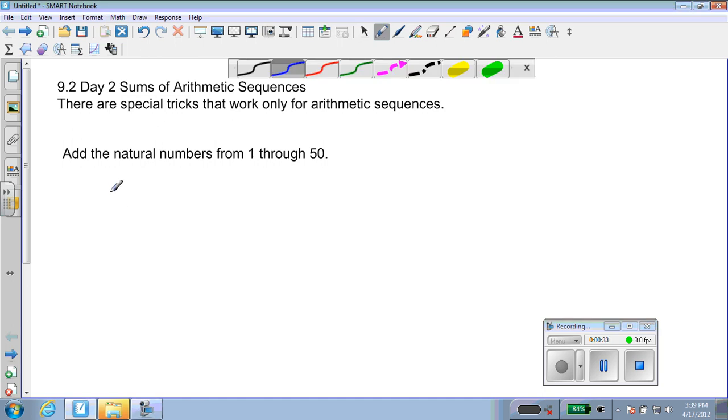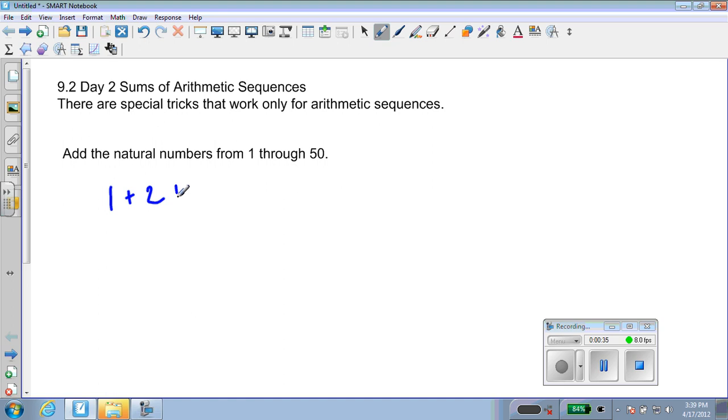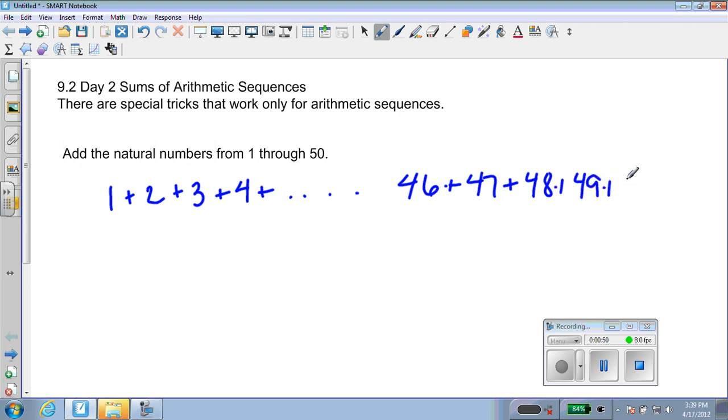So the natural numbers are 1 plus 2 plus 3 plus 4 plus ... 46 plus 47 plus 48 plus 49 plus 50. Okay, well, if we started at the start and we did 1 plus 2 is 3 plus 3 is 6 plus 4 is 10, we would be working at this for a while. But if we take a tip from Carl Gauss, who was the first person to see this, if we add